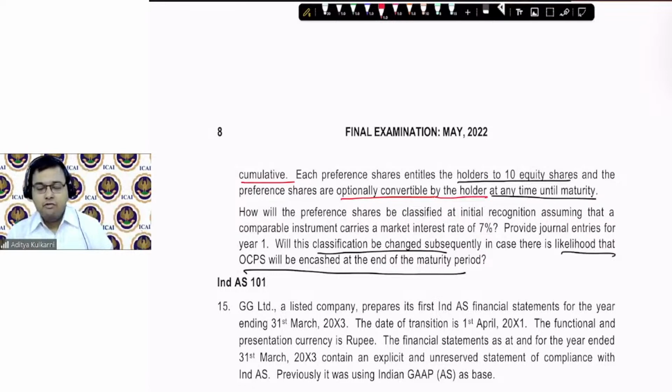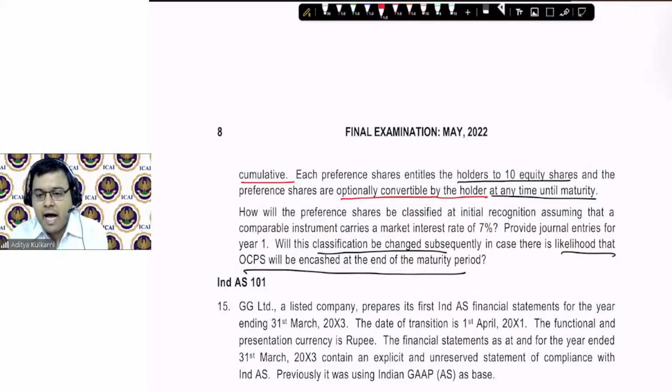Means this year if you don't give it is fine. Next year give only next year's dividend. Don't give dividend for 3 years. In the 4th year, you pay only the 4th year's dividend. The first 3 years you had not declared, that has not accumulated. So these are discretionary dividends. But if you look at the principal amount, each preference share entitles the holders to 10